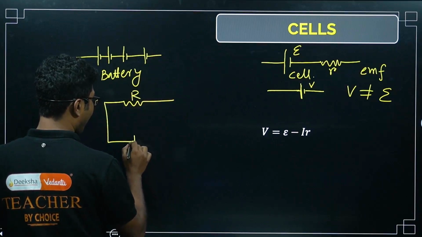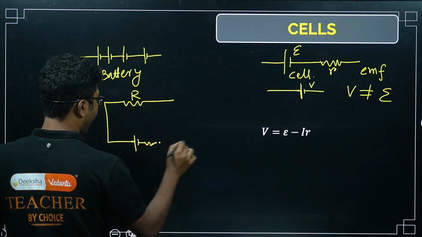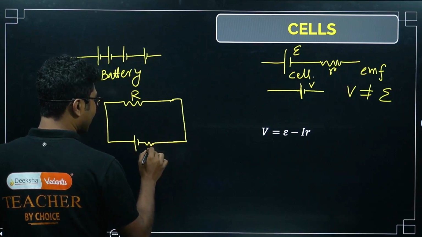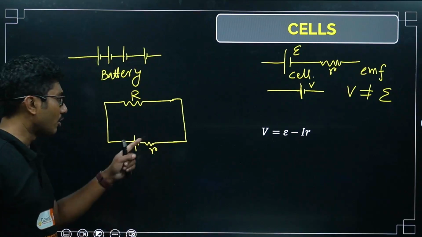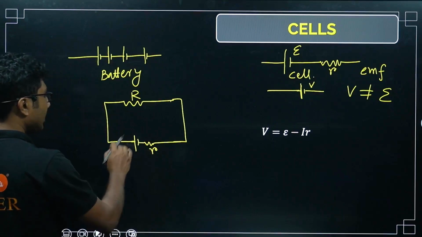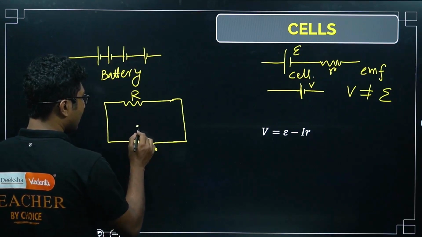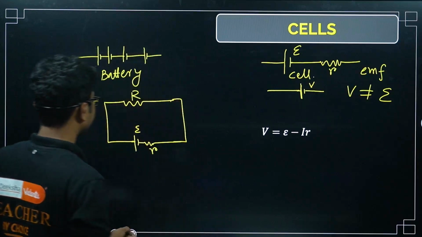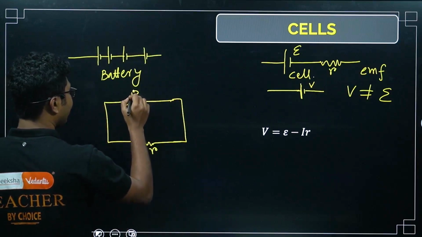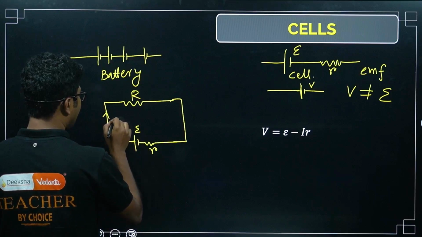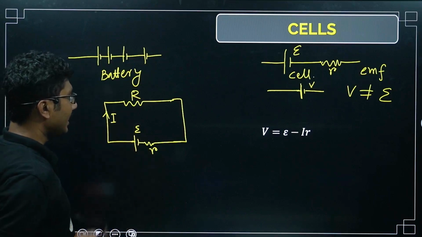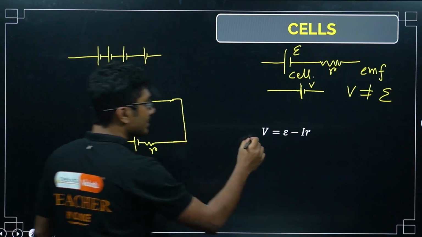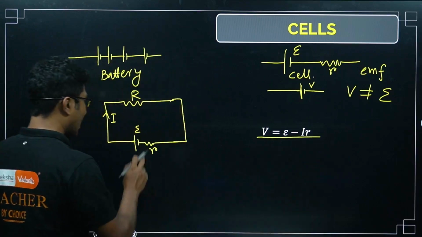you are connecting that cell, and in the case of a cell, the internal resistance is always drawn next to the cell. Okay, you remember that internal resistance is always drawn next to the cell. And if the current in the circuit is I, then this is the relationship for voltage. So if you want to replace this